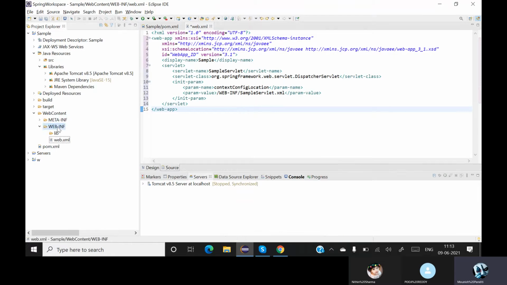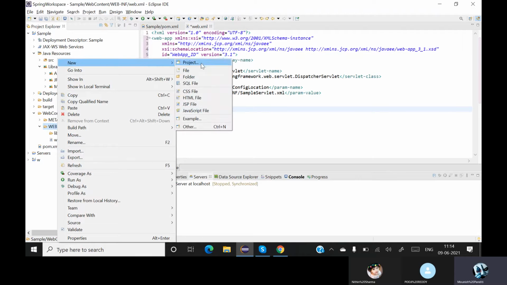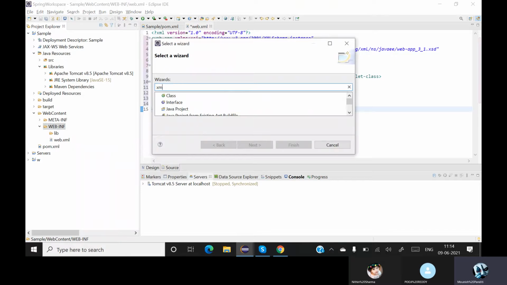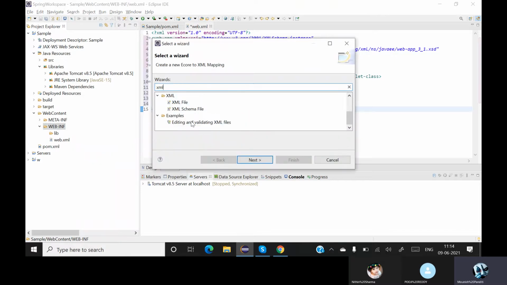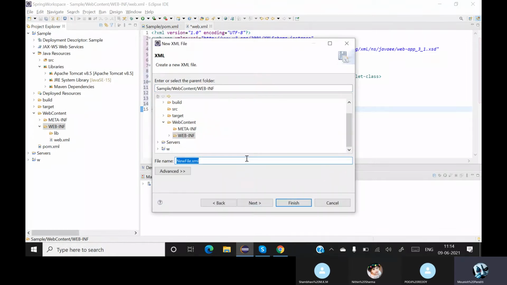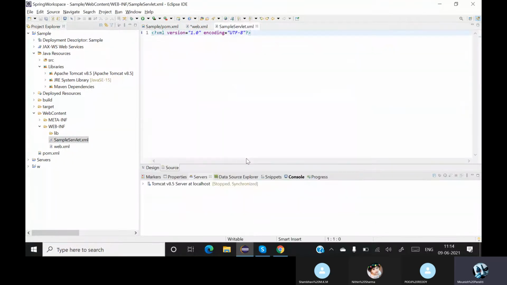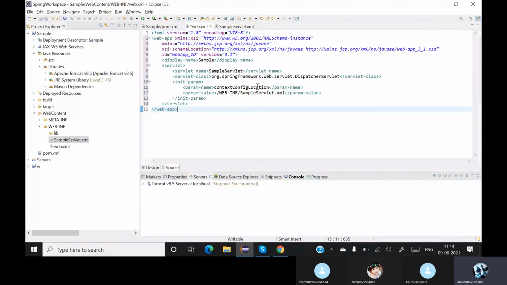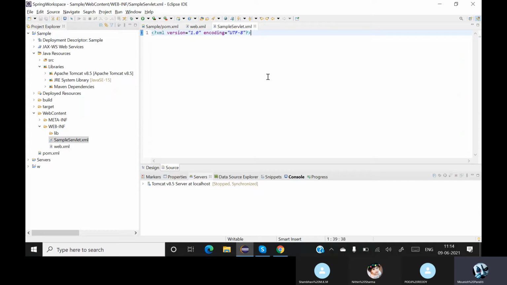So let me create an XML over here. Go to XML, create an XML file, click on OK, and that XML file is sample servlet. So make sure whatever name you have given over here, the same name XML file is present over here. Okay, so now we are having the XML file for this sample servlet.